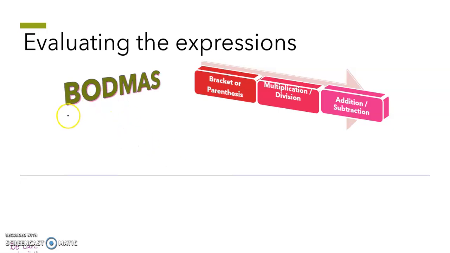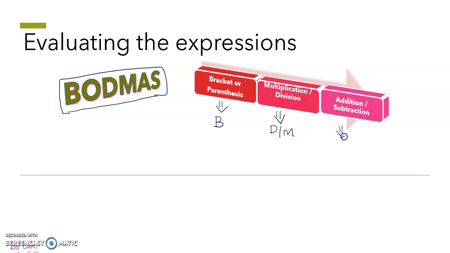Always remember the rule BODMAS, which is bracket. First, you have to always evaluate what is under the bracket. That is, you remember as B. Always remember this name, BODMAS. So the second, you have to evaluate if there is any division or multiplication. And the third step would be addition and subtraction if there is anything in the expression given for you. That is termed as BODMAS: brackets, division, multiplication, addition and subtraction. Always remember this term BODMAS.